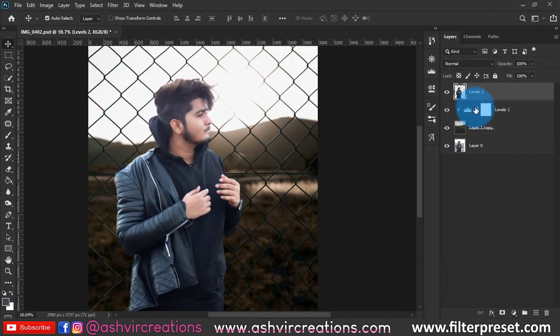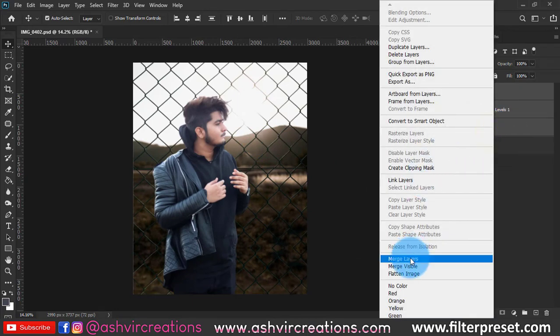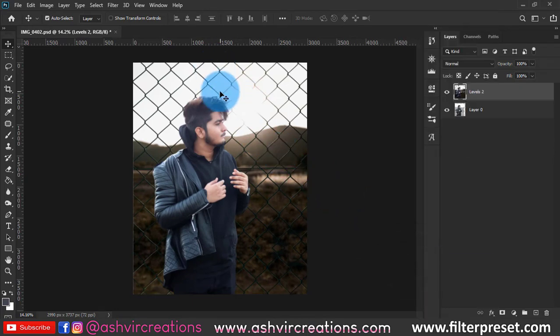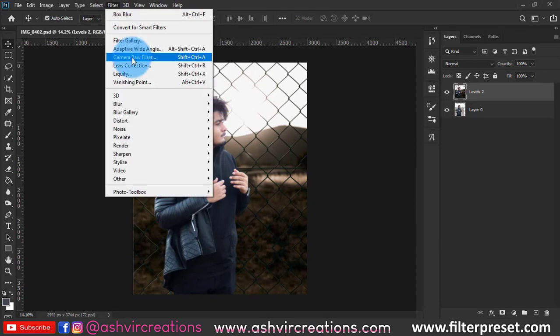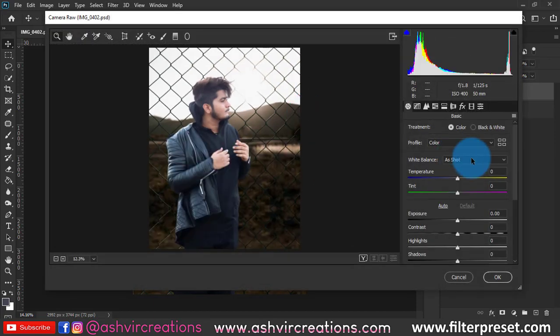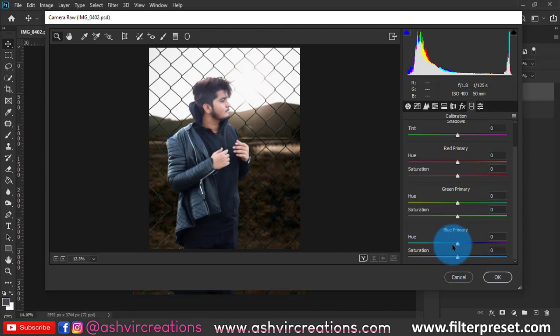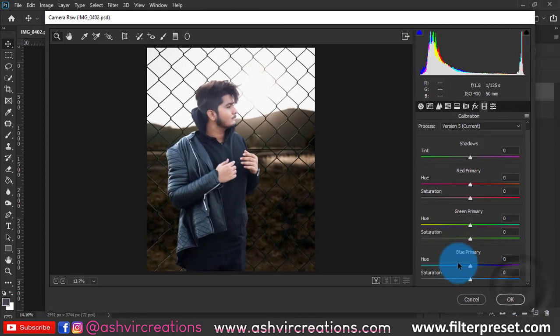Alright, now let's just merge all the layers, I guess. Now let's crop the photo once again. Go to the filter, select the camera filter, and here we're gonna do this process of color grading. Go to the calibration tab, go to the blue primary color, that is the last. Just move the slider from the middle portion to the left portion to get the perfect teal and kind of gold